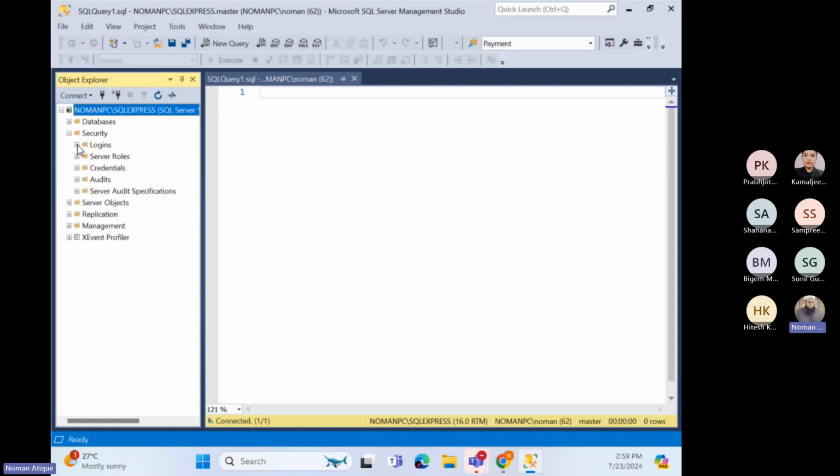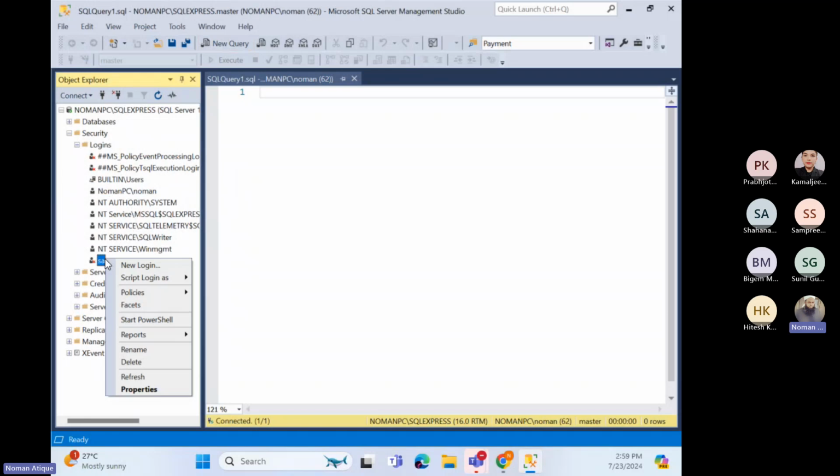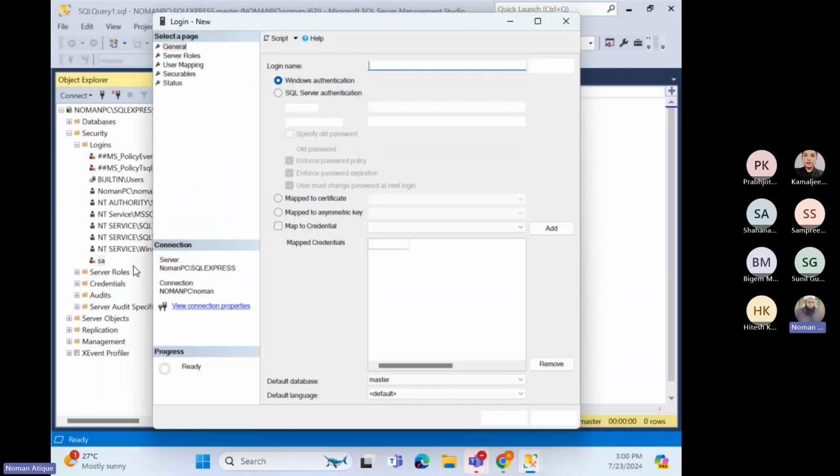If I just show you, for example, in the logins, I think this was the login that I created by myself. And so, yeah, but anyhow, what's happening is, I don't know what this one is basically, it has a cut or something. If I just say new login, for example, in SA, let's see,